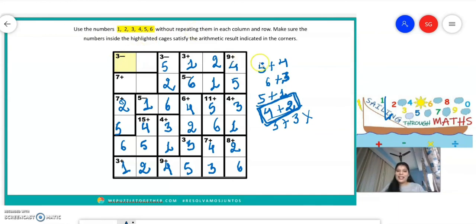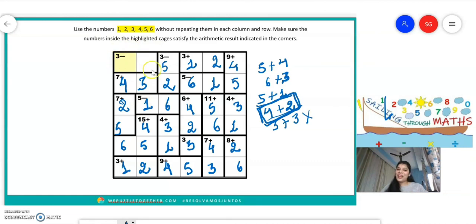Now see, only this cage is remaining and only this cage is remaining. Now 2, 6, 1, 5 are already used in the second row. So the possible numbers which we can use here are 4 and 3. Can I use 4 here? I can clearly not use the number 4 here. Why? Because 4 is already there in the second column. So if 4 is already there in the second column, the number which is going to come here is going to be equal to 3. So 3 is going to come here and 4 is going to come here.